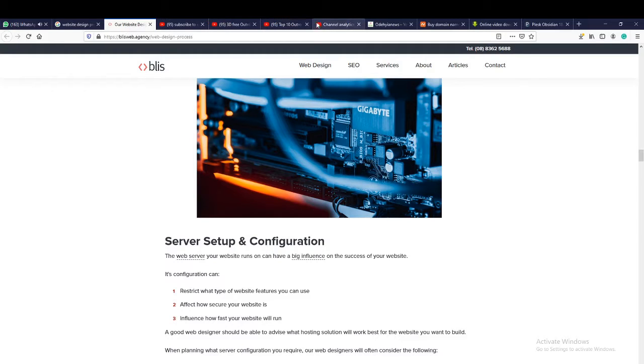So the last time we started looking at website design, alright, and then we said that there are basically three stages in website design. We have the domain registration, the web hosting, and then the website design itself. And I continued to explain that